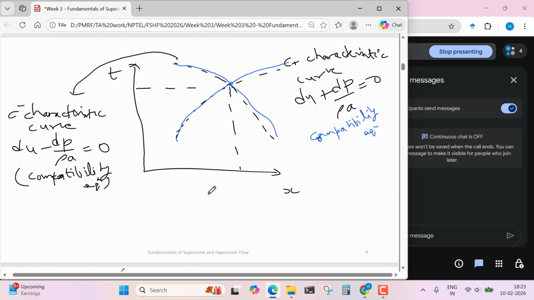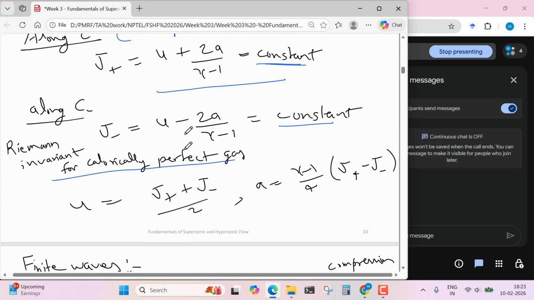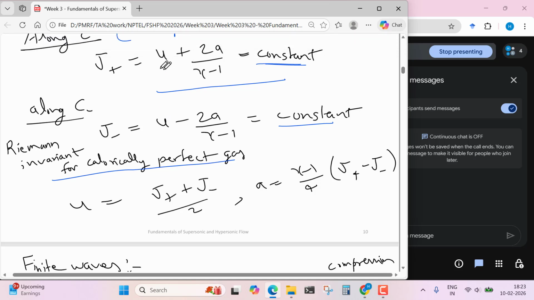So let's say there is one point E at (x, t). We have to find properties at this point, the solution at this point. So what can we do? If we know the Riemann invariants on these two lines, we can find the solution. Like let's say we have to find the velocity u. Then you can just add these two equations and you find u equal to (J plus plus J minus) upon 2. And if you substitute the value of u here in this equation, you will find the value of a